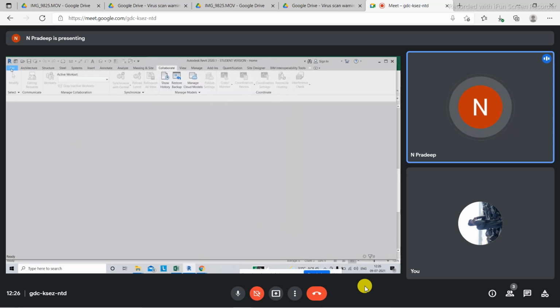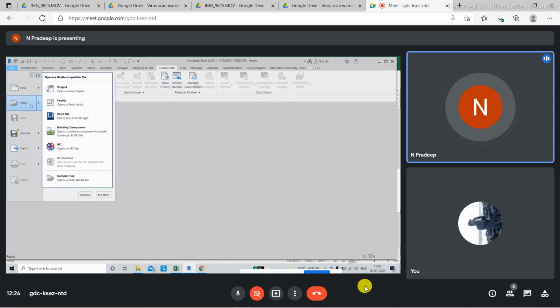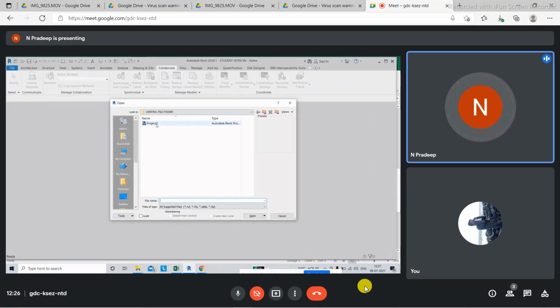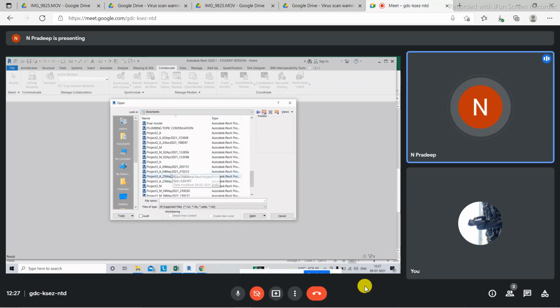So I'll go to File and click on Open here. You're accessing this file from Nepal. Now the difference between a normal Revit file and a central Revit file is this. You have lots of Revit files here, right? Yes, sir. If you select any normal file, you can see at the bottom that the option called create new local will not be highlighted. This option will be highlighted only when you select a central file.